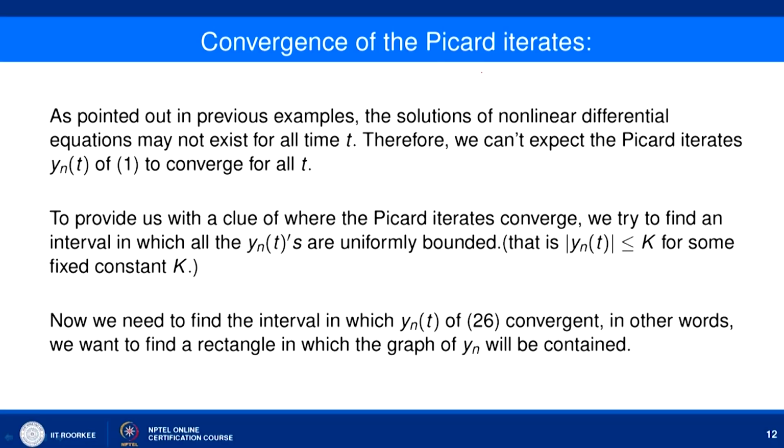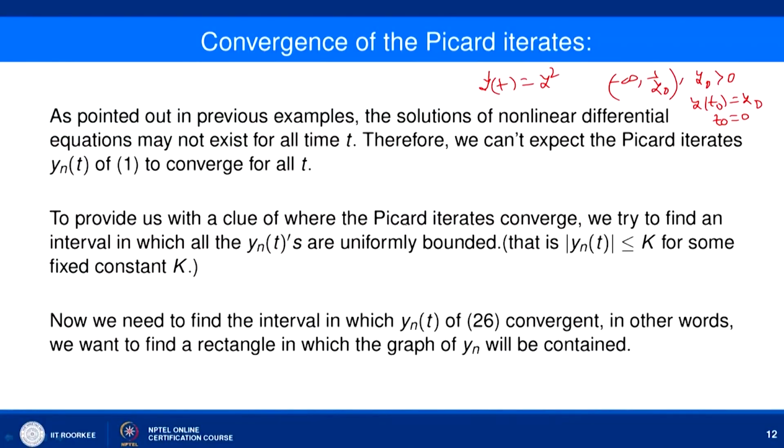If you remember this example, y'(t) = y squared, and we have seen that the solution exists only for the interval minus infinity to 1 upon y naught. Here y naught is positive and y(t naught) is defined as y naught. In fact, here t naught is equal to 0. So in this particular example, the solution may not exist for all time t. It means that whatever we are going to prove, it will not converge for all time t. So, to provide us with a clue of where the Picard iterates converge,